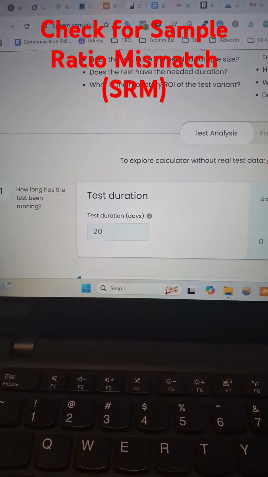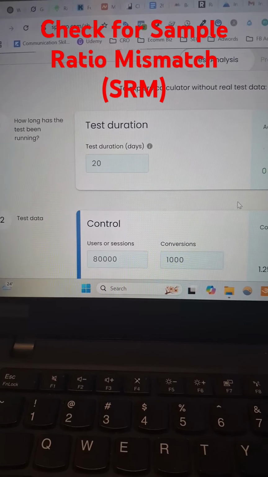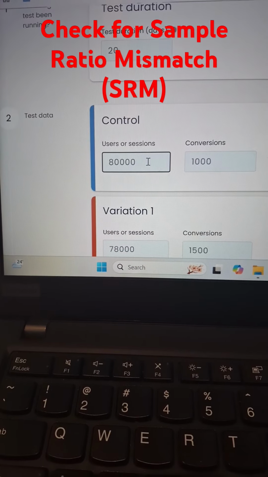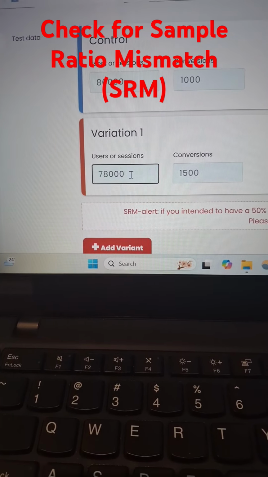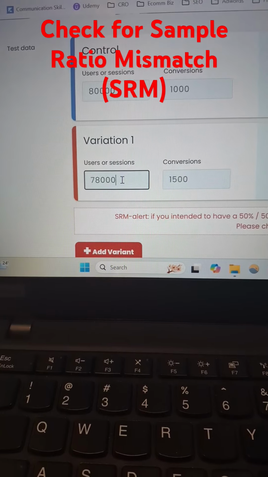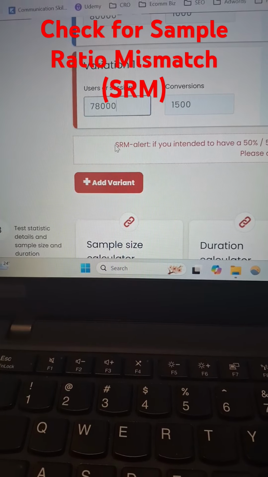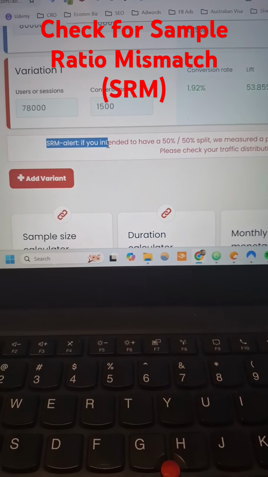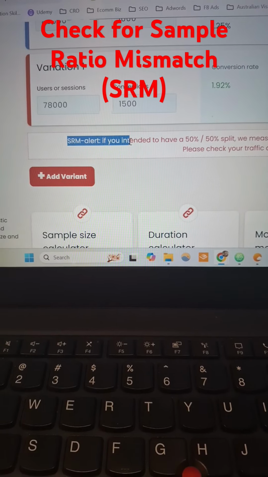Let's just say your test has been running for 20 days. It's still running. You've got 80,000 visitors in the control, 78,000 in the variation. You don't think that's an issue, but what this does is it automatically gives you an SRM alert. So this is something you've got to be aware of and look to